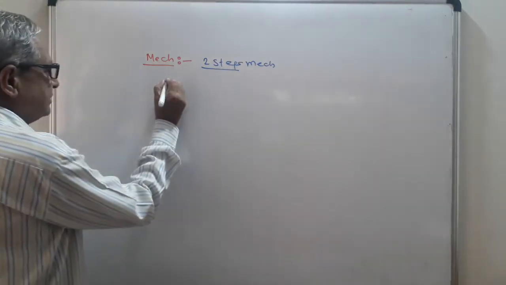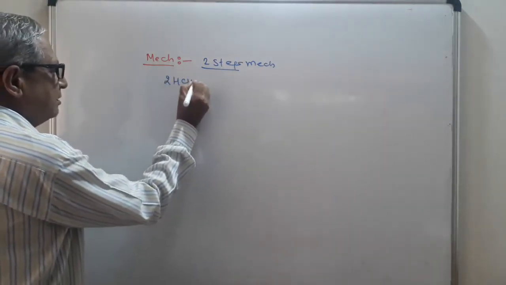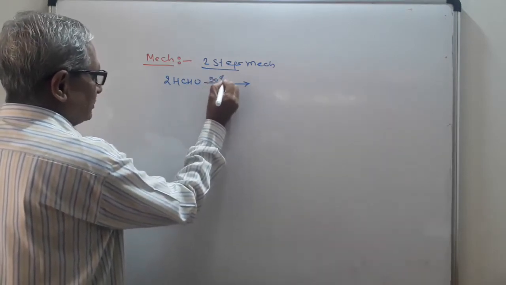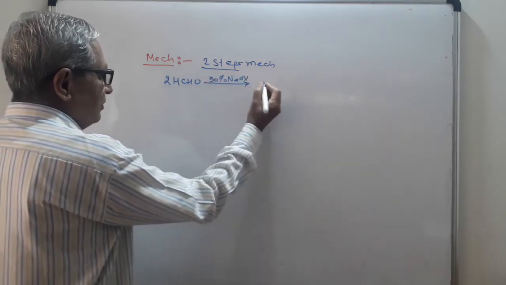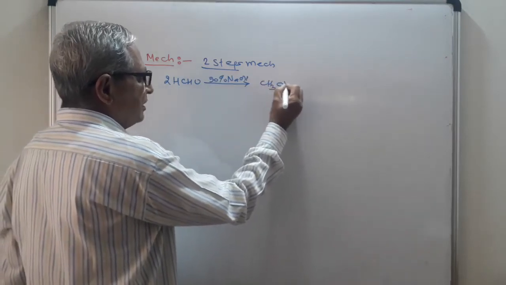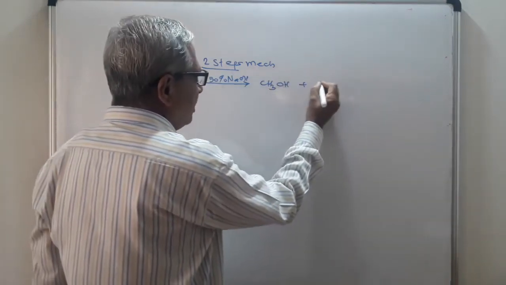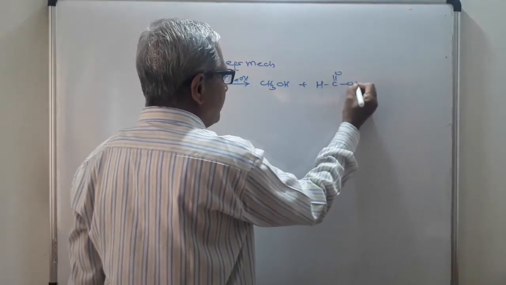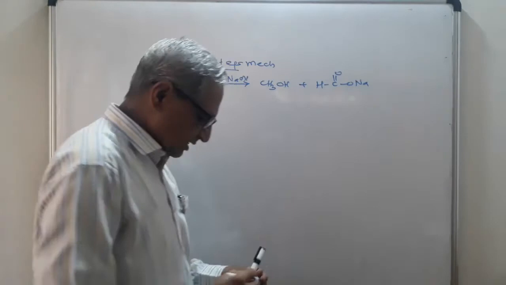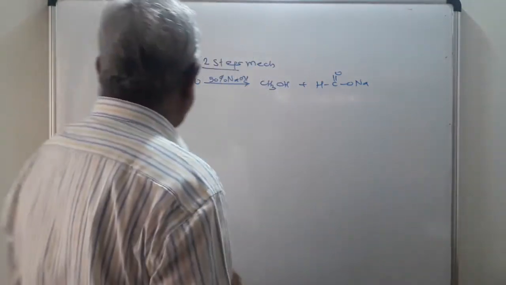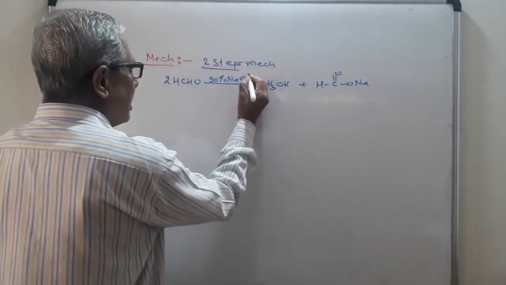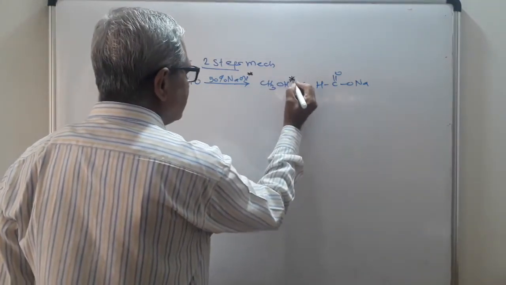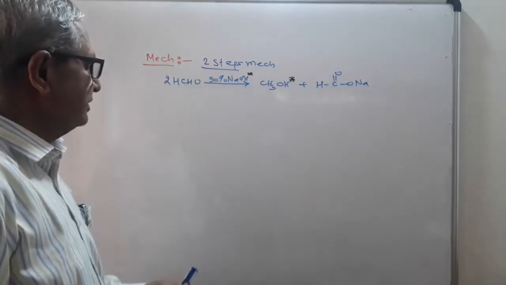Now see the reaction here. Two molecules of formaldehyde treated with 50% KOH or NaOH. You will get the first molecule, the reduction product, methyl alcohol, and the oxidation product, sodium formate, HCOONa. Now I will set the important question here. The hydrogen atom which is marked here in NaOH, is it always present in methyl alcohol? This is the important question here.